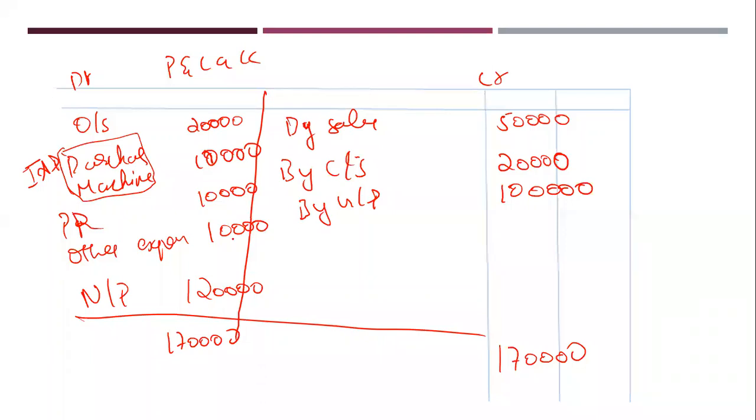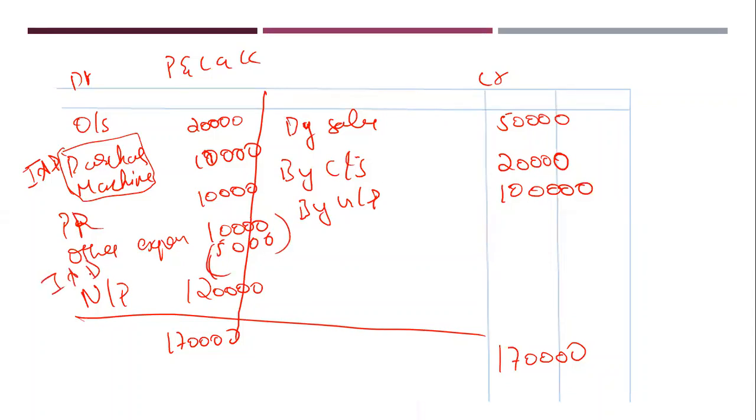In this 10,000, 5,000 was not related to business. He has paid 5,000 for the car, and the car was not used for business. So what we have to do is that whatever 5,000 he spent will be considered inadmissible, and it will be added back when you are computing.